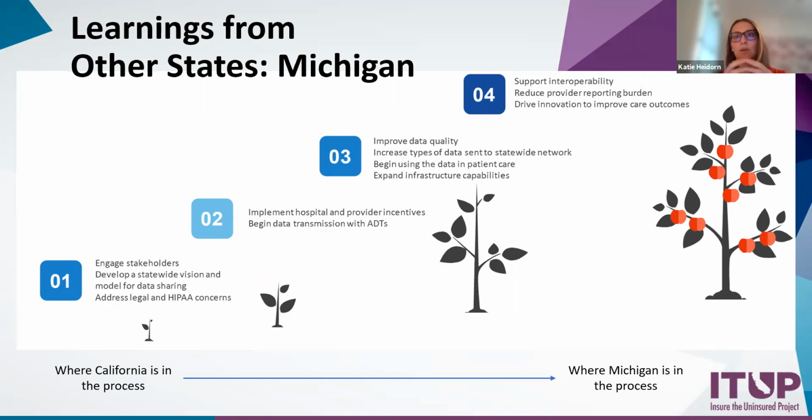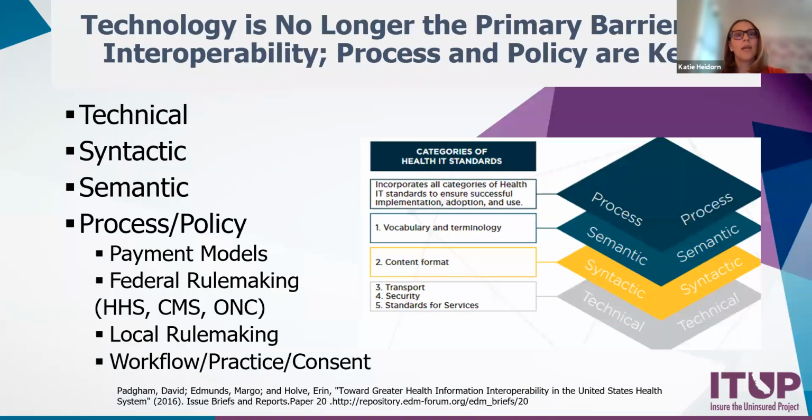And then, by the time we get to stage 4, this is really built out, and you can solve a lot of problems using this really robust network. So that's where Michigan is in the process. They've made it all the way through this process. Another group that ITEP actually heard from at our policy forum, and these next 2 slides are from their presentation, is the Washington, D.C. Medicaid agency.